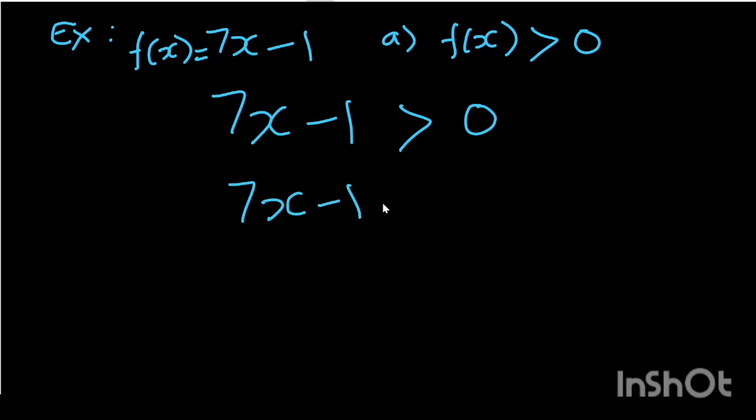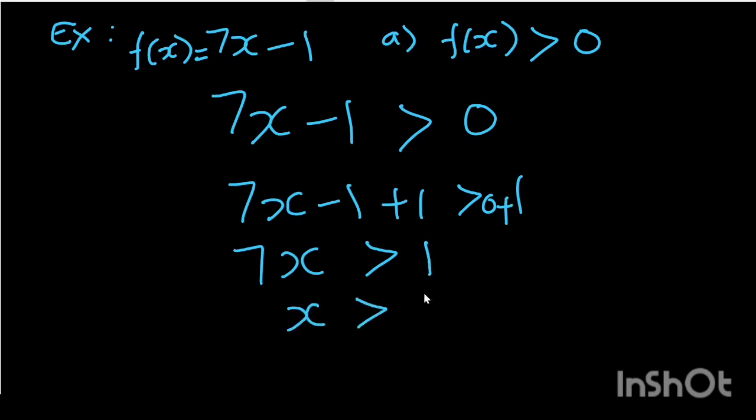Now adding 1 both sides, this becomes 7x greater than 1. Now taking 7 on the right hand side, cross multiplying, it comes in the denominator, so x greater than 1 by 7. It came like this. So I can plot it like this. 1 by 7 is here, and f(x) positive,